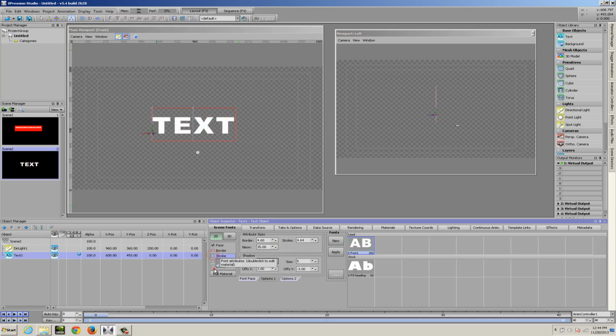And then, of course, we have shadows, and this is just your standard drop shadow. So if I turn on the drop shadow, I have an option to switch it between soft or drop. I can adjust the size. I can also adjust the offsets in either direction, increase the size.